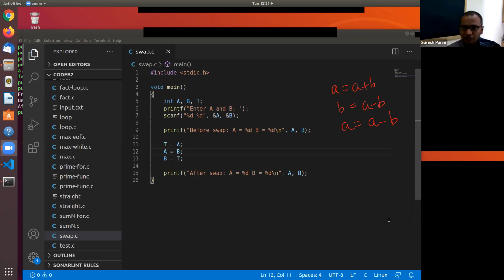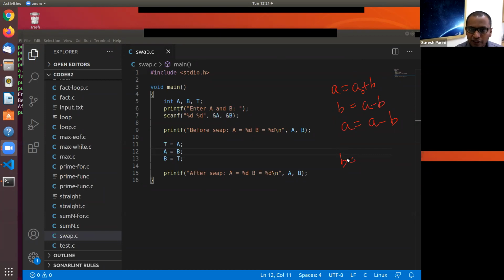Yeah. So essentially what happens is you can see that on this line this is actually equal to, if you think of the original value of A as A naught, the original value of B as B naught. Let's use a different notation for those of you who are trying to understand. So we can try to rewrite this code in this form.